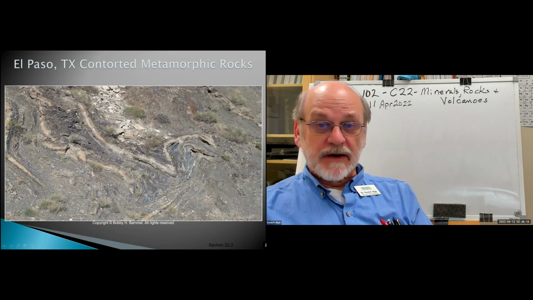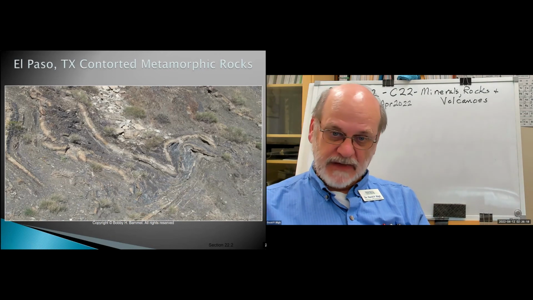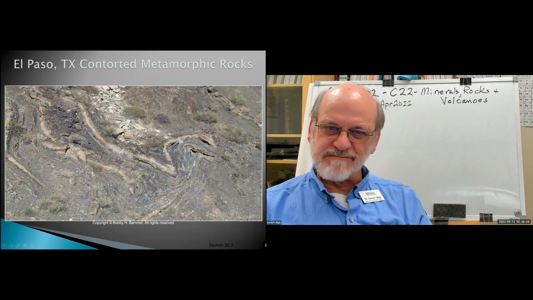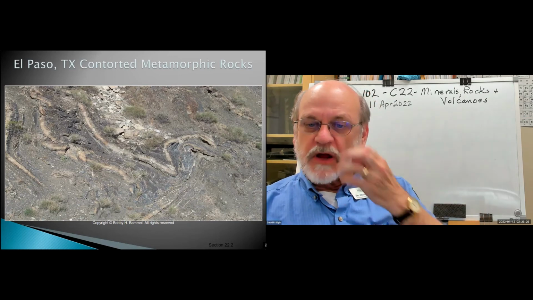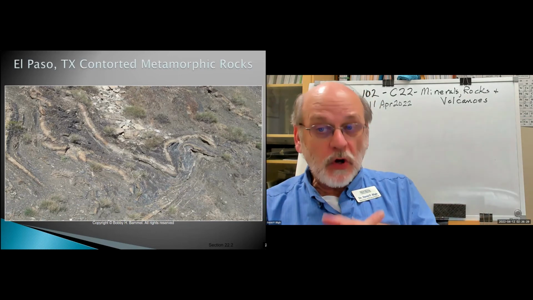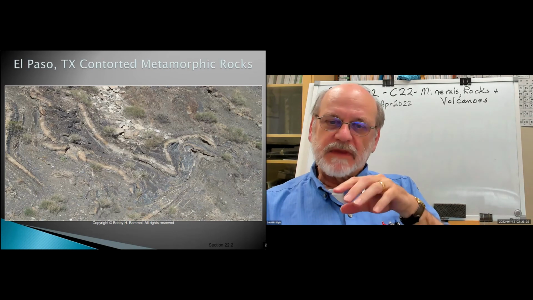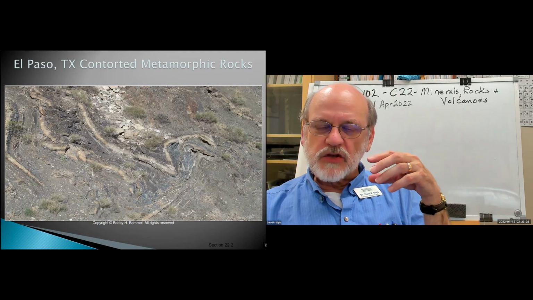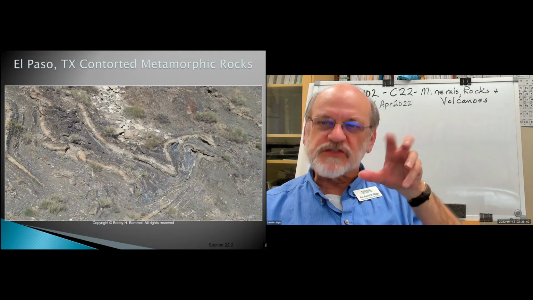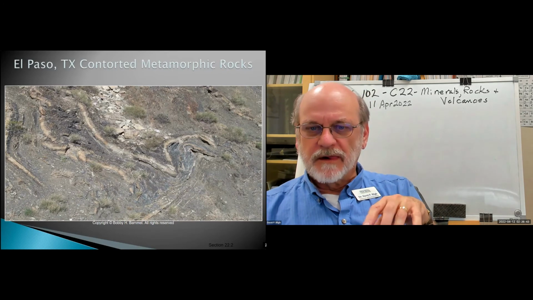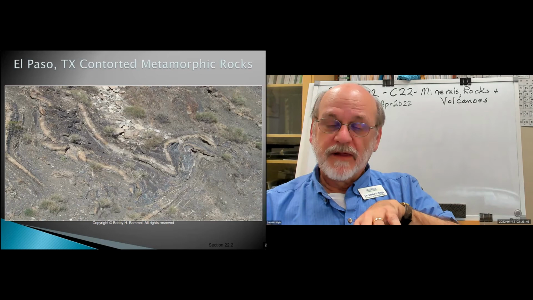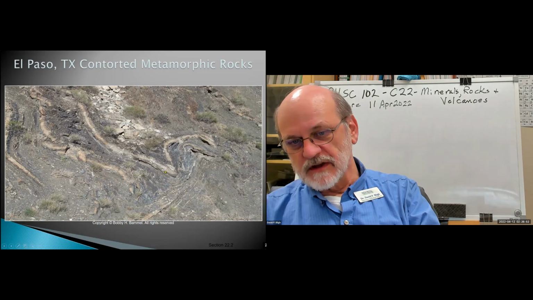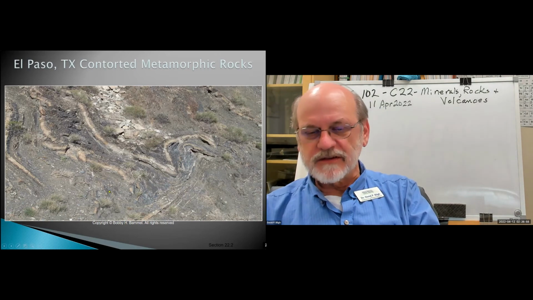Here's an example of metamorphic rock. And very often what you'll see with metamorphic rock is it's been twisted and bent and formed rather than cracking, which does occur, of course. But if the pressure and temperatures are high enough, then you can get the rock as it forms to soften somewhat. It's not liquid, but it can be sort of plastic. And if the pressures go a certain way, the rock goes with it. So you can get these curvy structures. This is metamorphic rock.